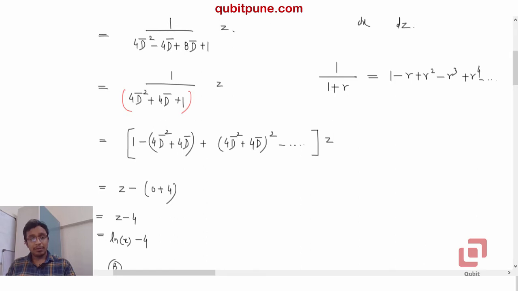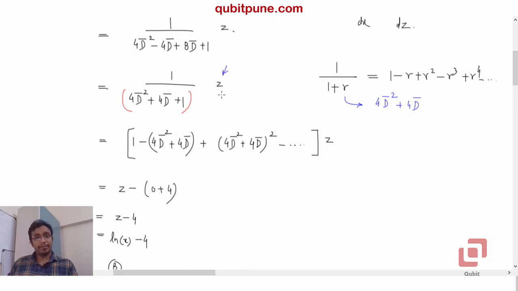Okay, so in this case what I have done is I have considered r to be 4 d bar to the power 2 plus 4 d bar. So this is one of the standard ways of evaluating a particular integral if the function that you wish to integrate is a polynomial function. Okay, because we know that after some stages the derivatives of polynomial functions are all equal to 0.